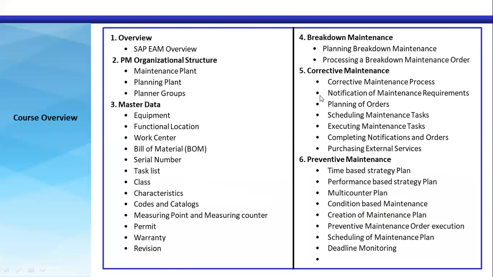For each and every master data and business process, we will take one enhancement. Let us suppose you want to enter a purchase order against which this equipment is bought. This field is not available in standard SAP, so we will develop that field through development. For each master data and each business transaction, we will take at least one development.